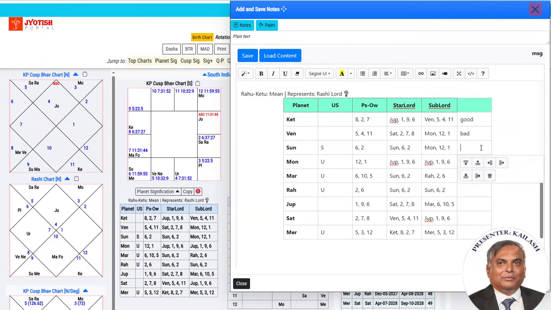So what the professor says is that this person will borrow from person A and then will repay person B, because the 12th house is also very active here in the sublord column. So this you have to remember. This Sun indicates this person will borrow from A, pay to B. Then again borrow maybe from C, pay to D.